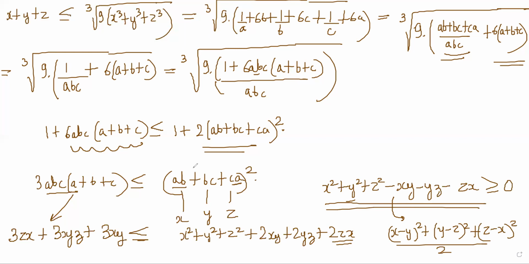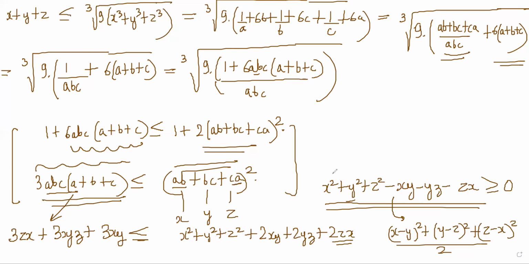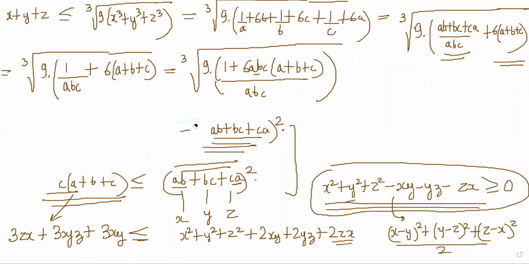Therefore, we can always say that (AB plus BC plus CA) whole square is greater than 3 times ABC times (A plus B plus C). So I hope you are convinced. You can just try it out. You can just write these inequalities out in detail, and you will get this situation happening, right? So we are going to replace the ABC into A plus B plus C in terms of (AB plus BC plus CA) whole square. I will just rub off this part, and I will write what we will do here.